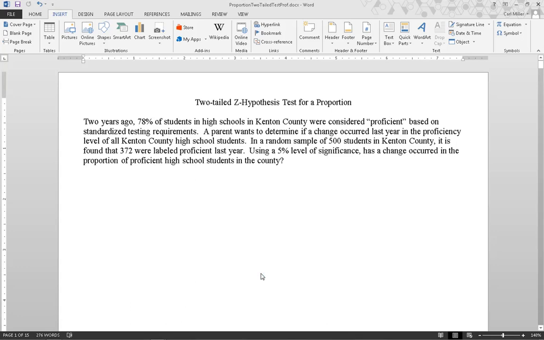Two-tailed z-hypothesis test for a proportion. Suppose 2 years ago 78% of students in high schools in Kenton County were considered proficient based on standardized testing